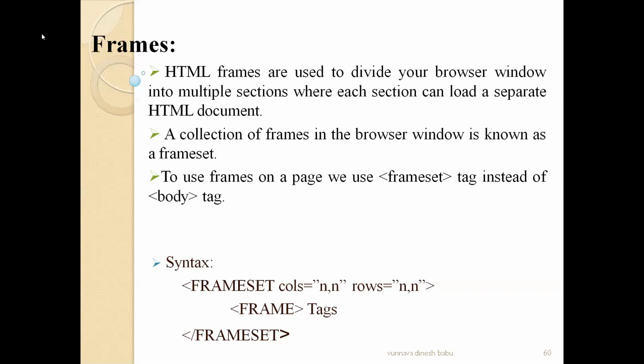So that will divide a single column on the web page into four equal parts, where each and every part consists of 25%. It will occupy 25% of the total space of the web page. The same thing applies to rows also. If we want to divide the web page into multiple rows, we have to use this rows attribute. And if we want to divide the entire web page into two equal parts, then we can provide rows equal to 50%, comma 50%.